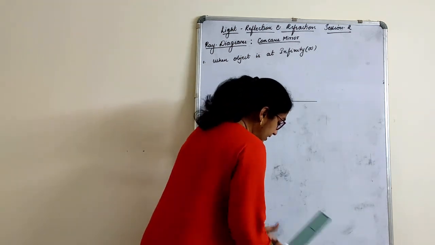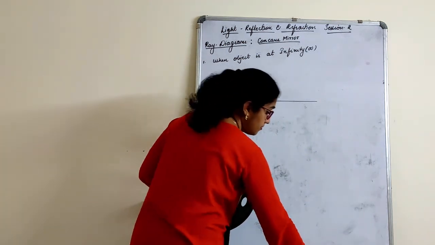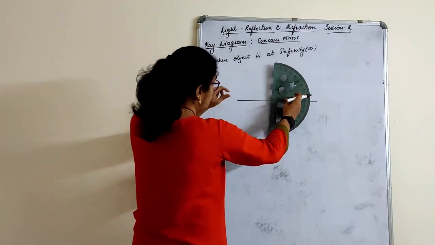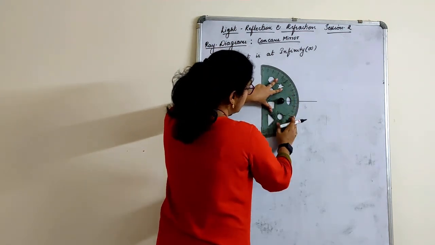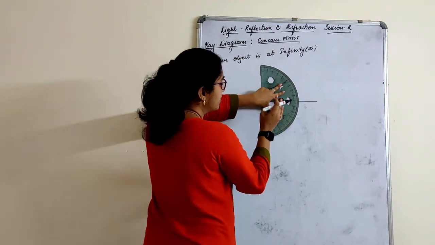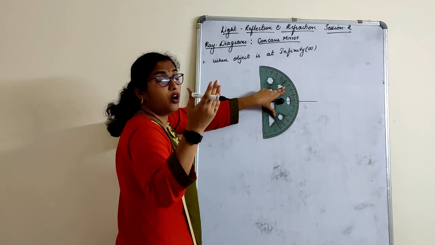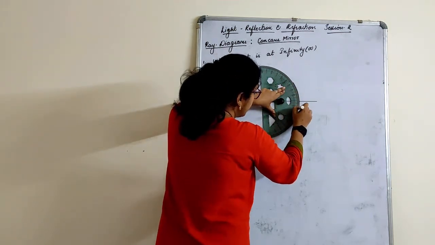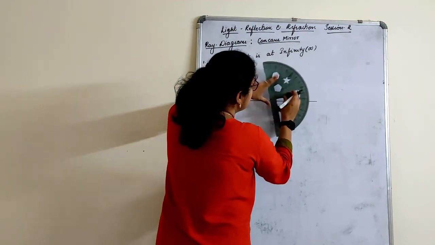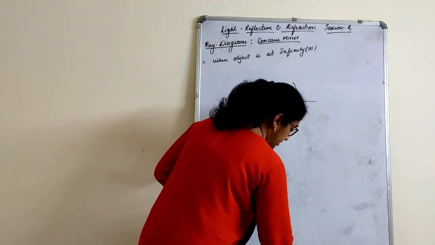Otherwise, the trick you can use is to take your protractor, and your protractor should coincide with the line given. The mirror you draw should not be too big or too small. The accurate size of the mirror that we always consider is 60 degree. I'll just show you once.